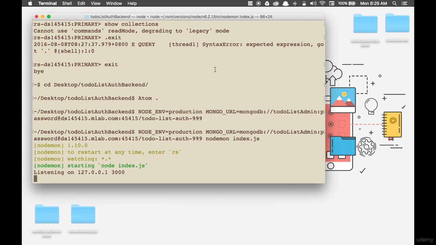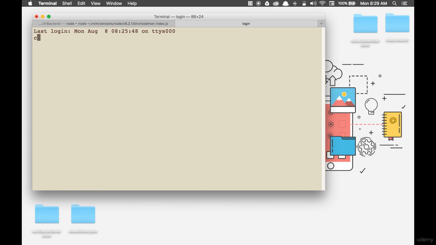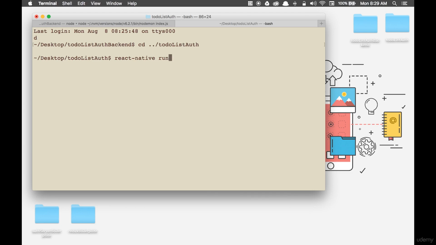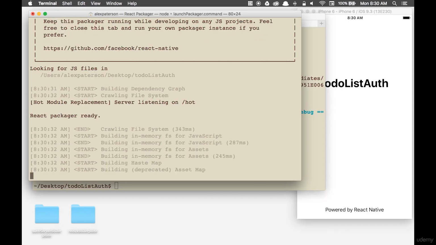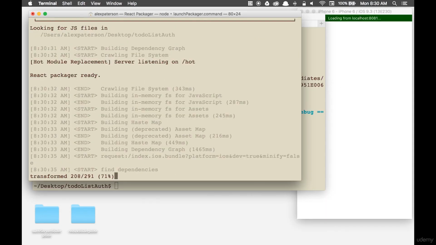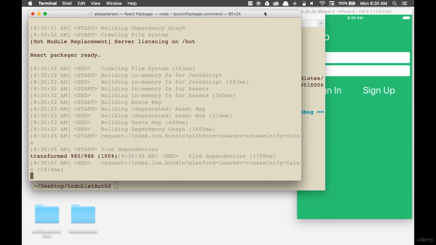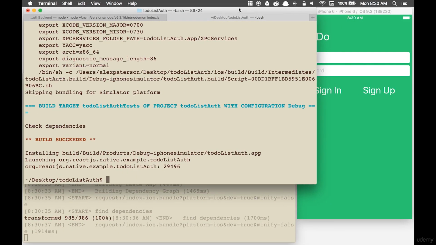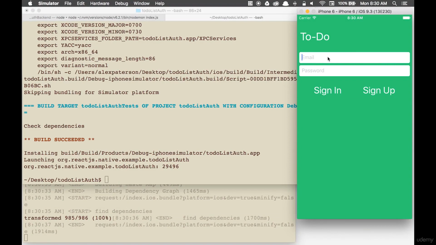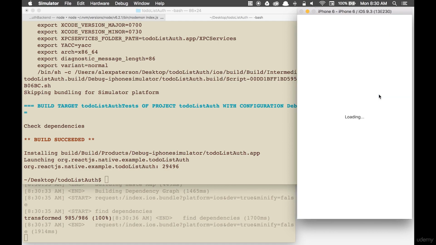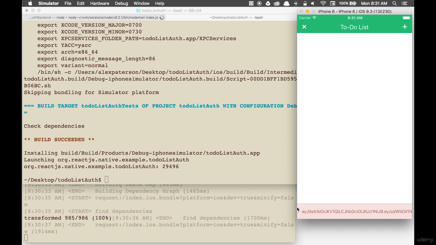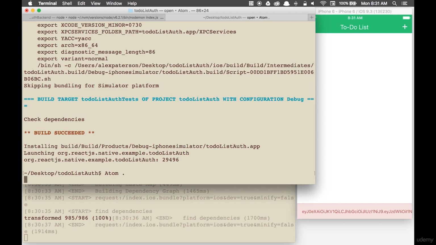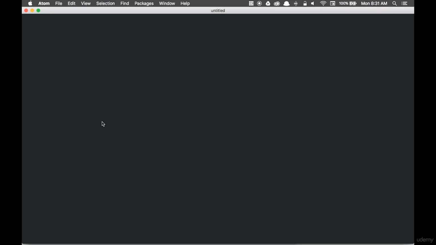I'll open up a new tab now, cd into our app directory, and run react-native run-ios. Pause the video here while that launches. When that's finished, I'll sign up with some new credentials, and it works. And it's still adding our token as an alert, so actually, I'll open up this project in Atom,